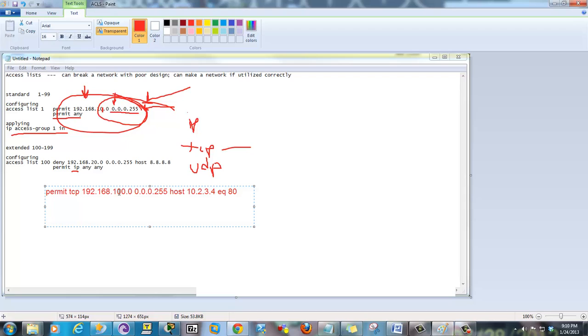You're permitting on the entire 100 dot whatever network from host, his source and destination, or to host 10.2.3.4 equal to 80, or you can do www or whatever. Or if you want to deny, say for instance, permit only 443, which means secure, and then you would put in deny TCP